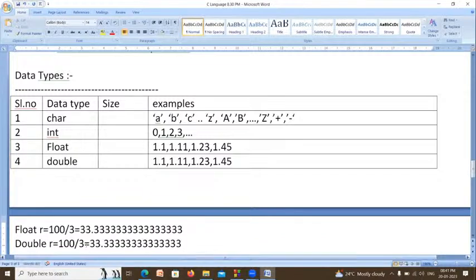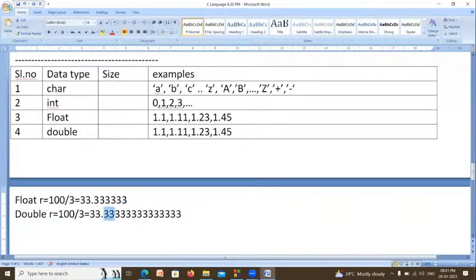The difference between float and double is that the digits after the point are called precisions. Float maintains 6 precisions, so 33.333333, only 6 precisions.